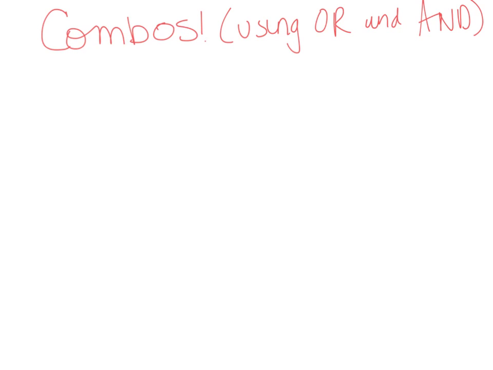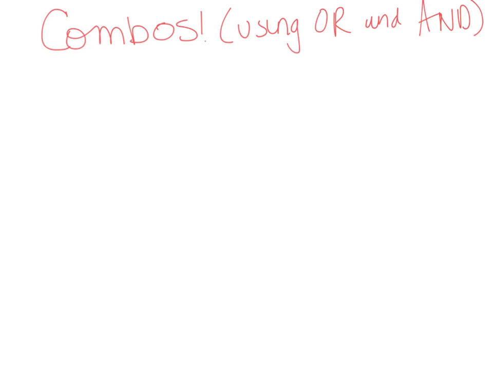All right, so I just want to do some more examples of problems. We've covered everything, but I just want to show you some of these problems that get more complicated because it's a combination of using ors and ands in the same question and the same solution. So the first one we're going to look at is,